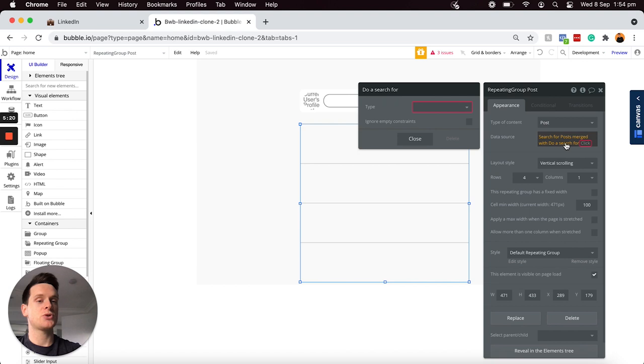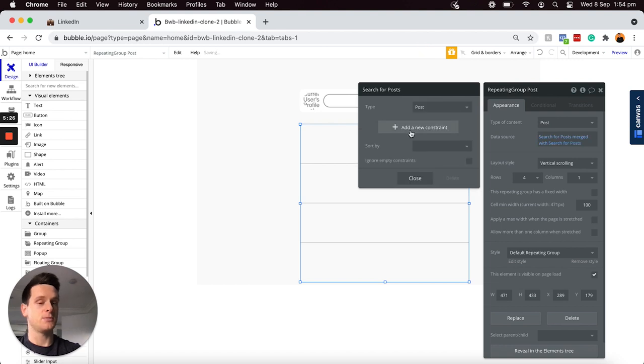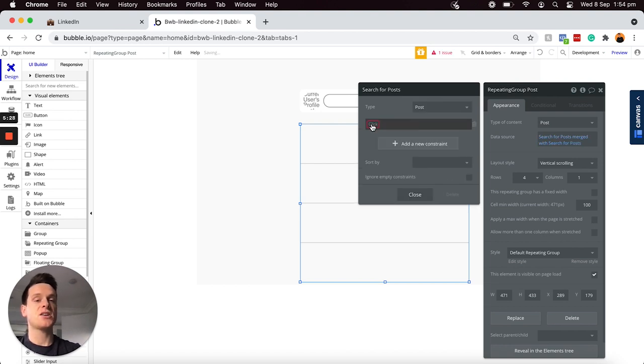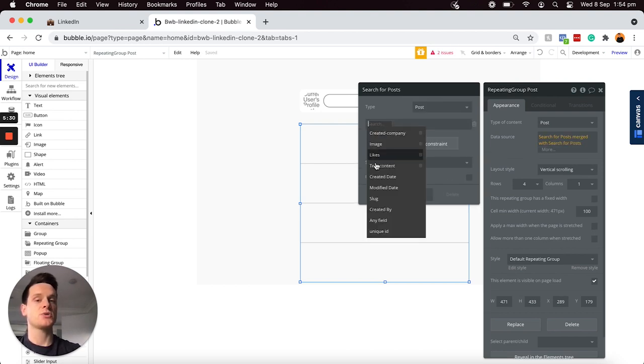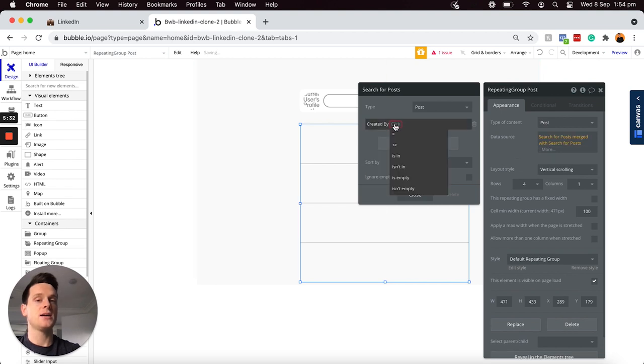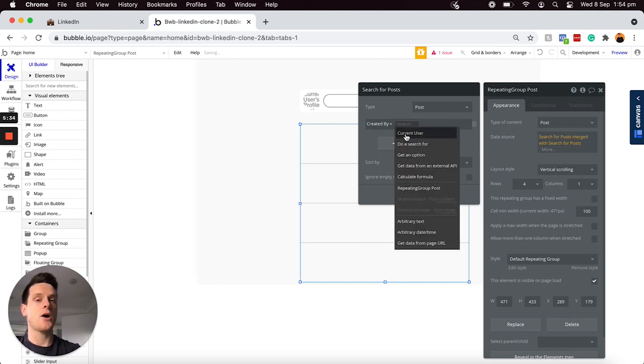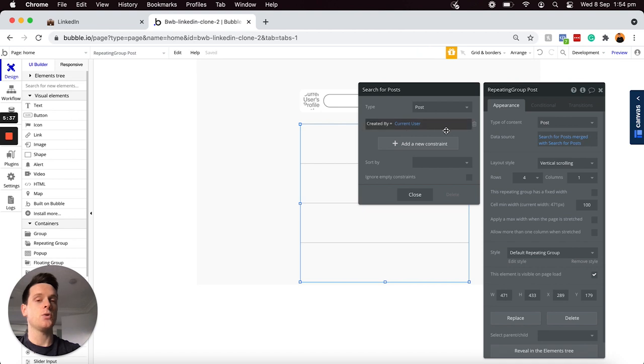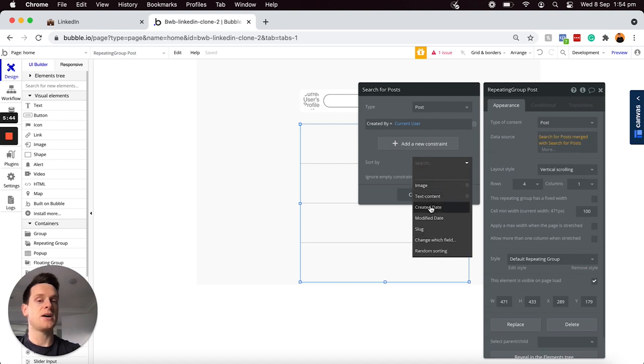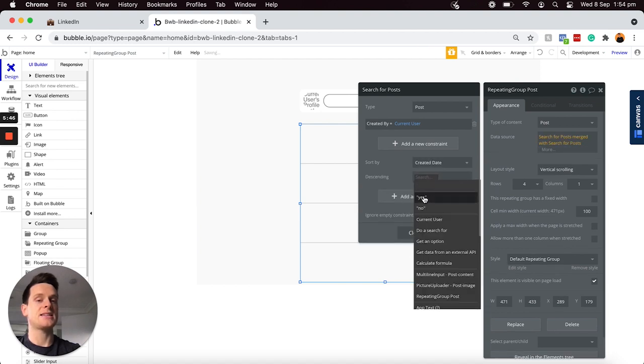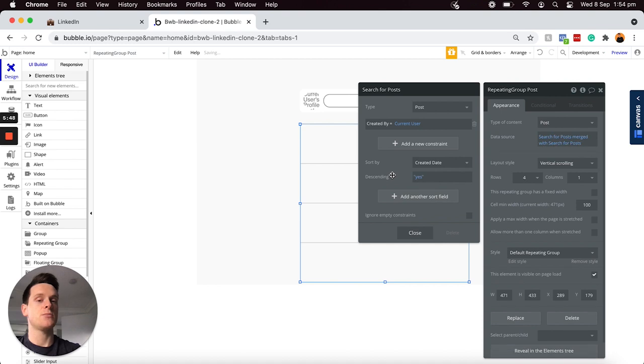So I'm going to select the Do a Search For option once again. I'll be searching for all of the posts, similar to before, only this time I would like to search for the posts where the created by equals the current user. So these are all of the posts that have been created by the person who's logged in looking at their own feed. And once again, I'd like to sort these by their created date, and the descending value will be yes, so the most recent post will